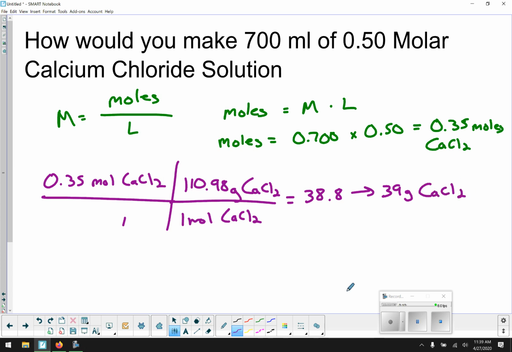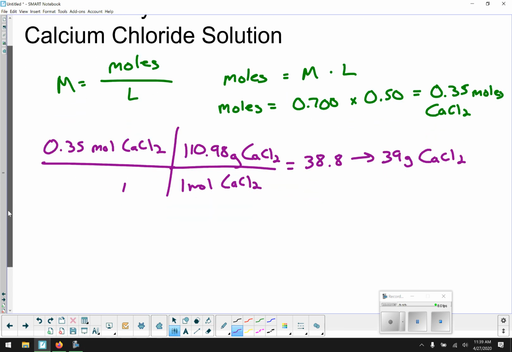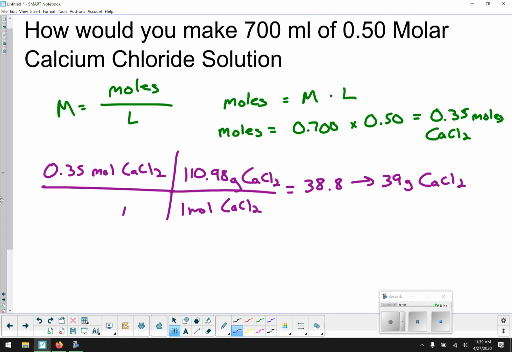So we need 39 grams of CaCl2, and we need to put it in 700 milliliters of total solution. One thing, and I'm not going to test you on this, I used to test kids on this and we'd have to do it in the lab. When you make a solution, there are actually 3 steps because you can't just put 700 milliliters of water in